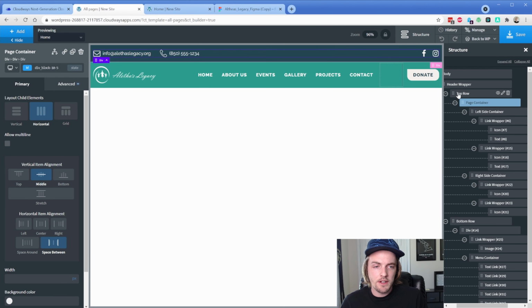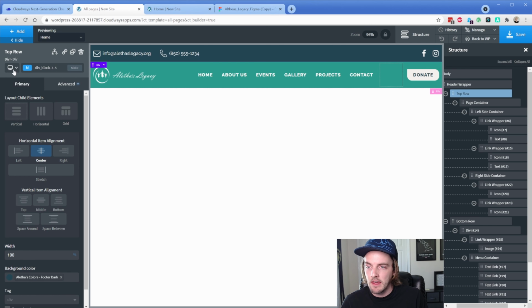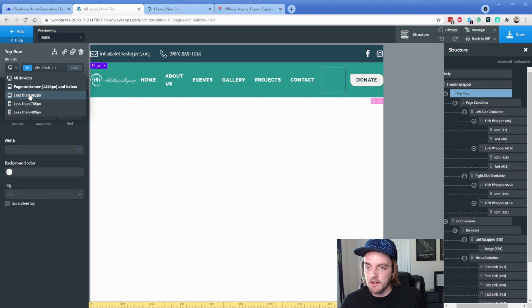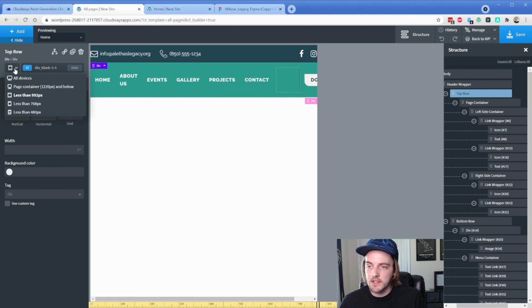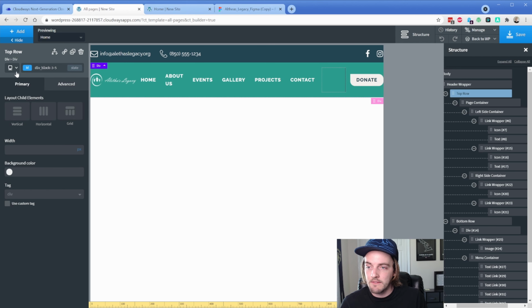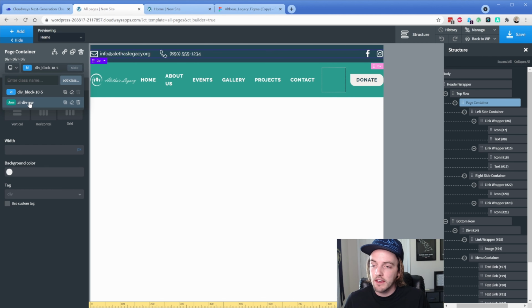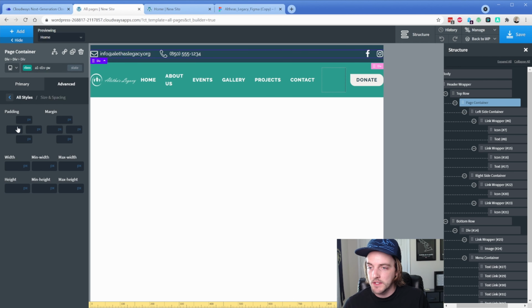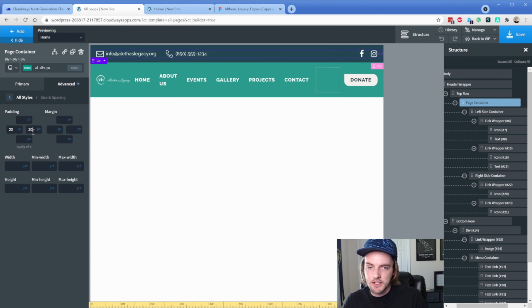So I am going to go with our top row container and let's just kind of look at what happens as things start to shrink. So the topmost row is what we're concerned with at the moment. Everything works on 992, although we don't have the proper spacing. In fact, once it drops to page container, everything butts up against the left and right edges, which is exactly why on our page containers here, we added a class. So if I go ahead and switch to this class, for the sake of example, if I add 20 pixels of padding to the left and right edges, then you can see it pushes them away from the edges, which